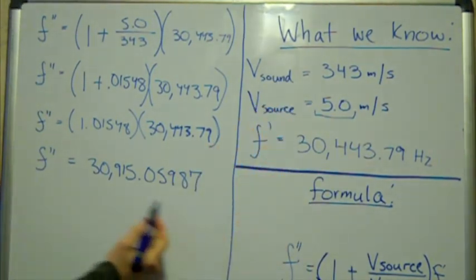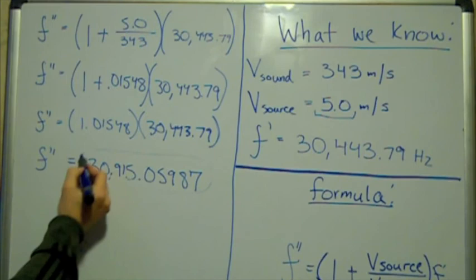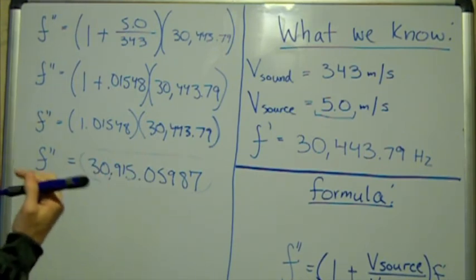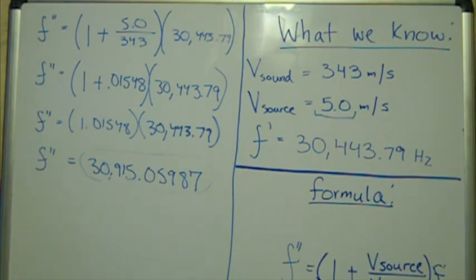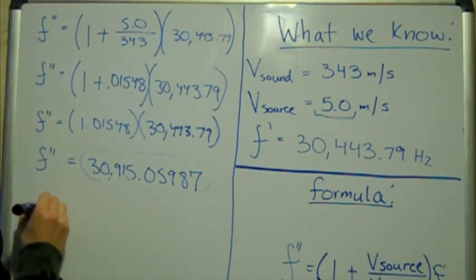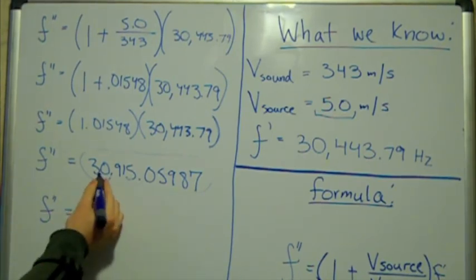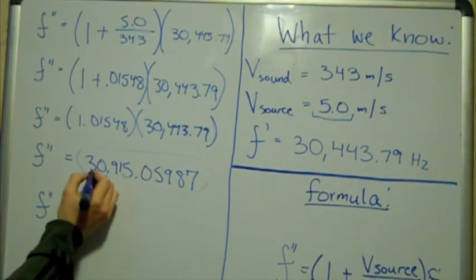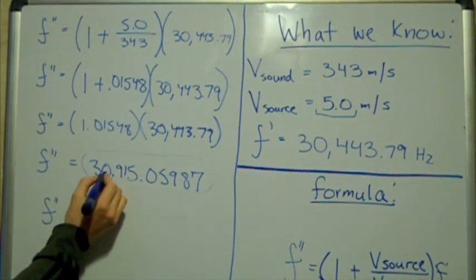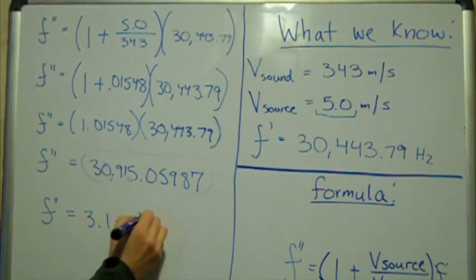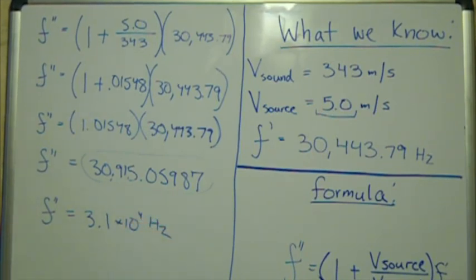So, if you look back at our humongous number here, what we're going to want to do is shorten this using 2 numbers and some power of 10. Hopefully you all know what sig figs are by now and how to use them. So I'm going to shorten this. I'm going to move the decimal 4 places to the left, change this 0 to a 1 because the 9 is higher than 5, and it ends up looking like 3.1 times 10 to the 4th hertz. This is definitely the correct answer. You're welcome to test it